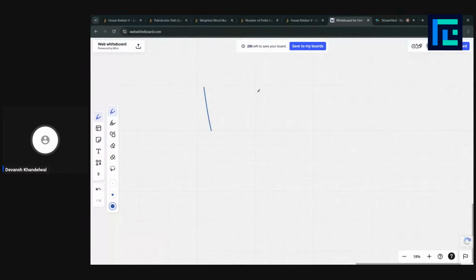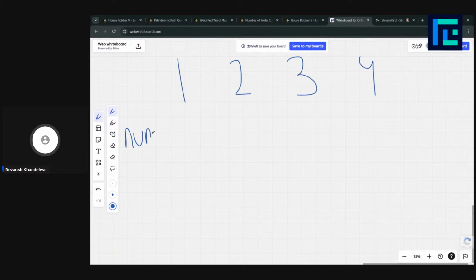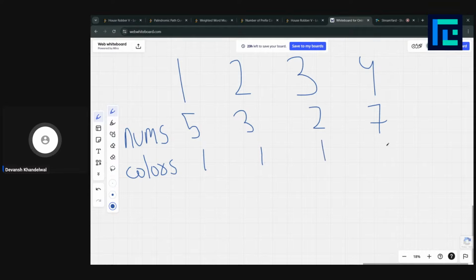Let's say we have 1, 2, 3, 4. We have 4 houses. This nums would tell us the amount they have. Let's say they have arbitrary amounts 3, 5, 3, 2, and 7. And this colors will tell us the color code. Let's say they all have the same color code. Now we make one more vector dp, and this stores